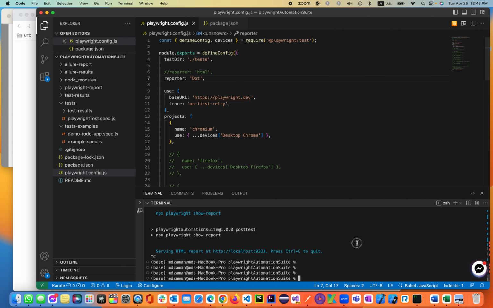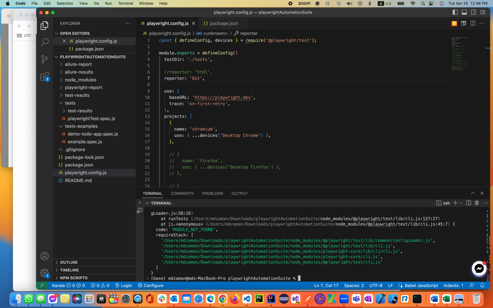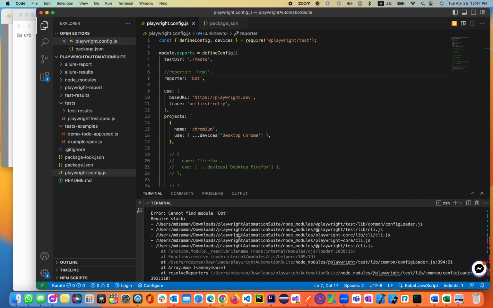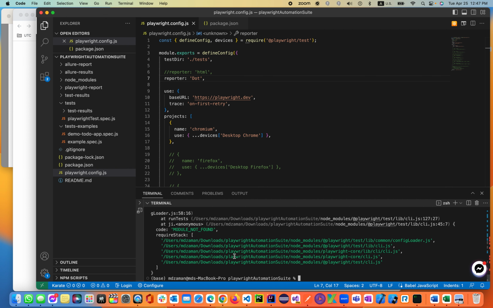Now if I run npm run test, what it says: module not found. Cannot find module dot. Okay, that's good. So if the module cannot be found over here as a reporter,